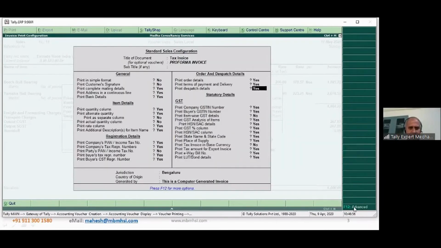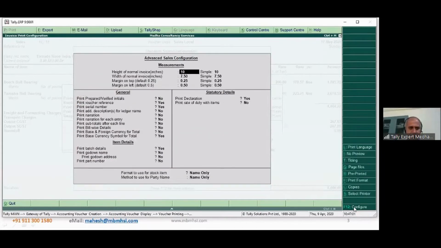One second. Item names on the print. Print additional description. There is an option to print part number.